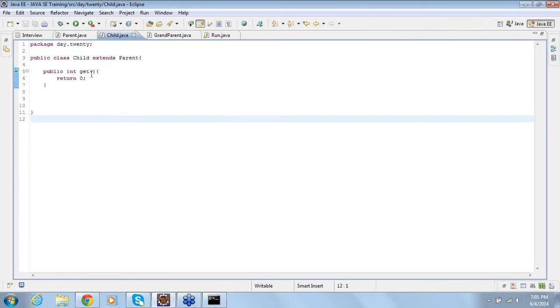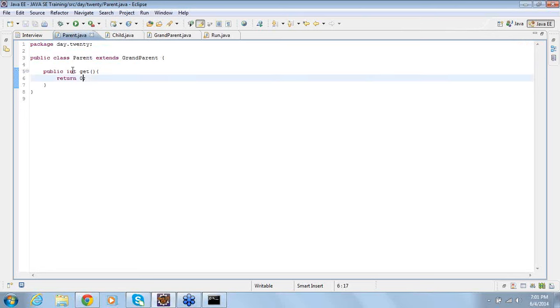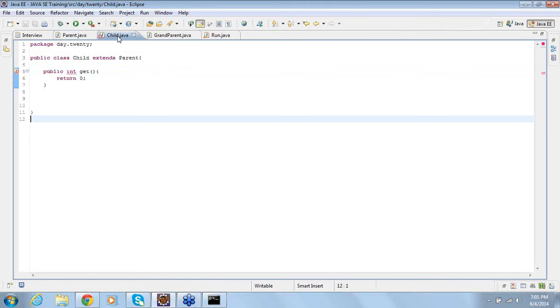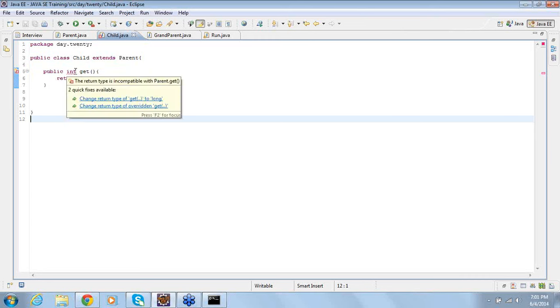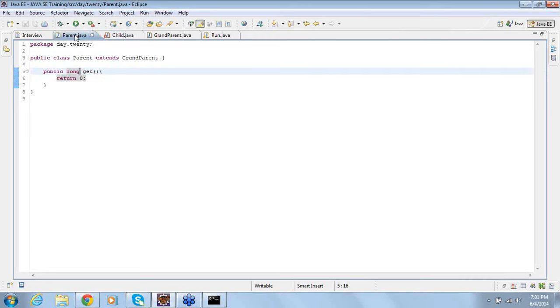Now this seems to be fine. But let me go back to the parent and do the vice versa. Now what is the problem here? It says incompatible, right? So while overriding, you have to ensure that the return type should be same when you are working on the fundamental data types. The child return type is int, whereas in the parent the return type is long.